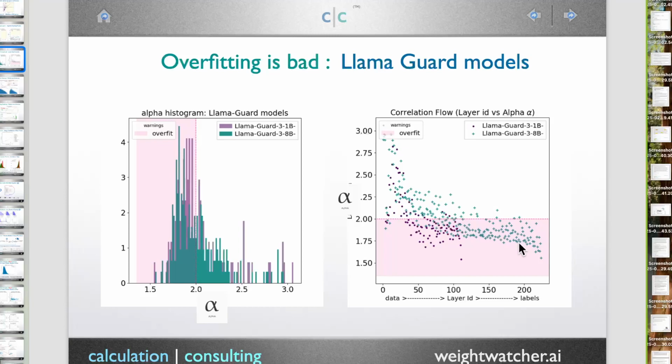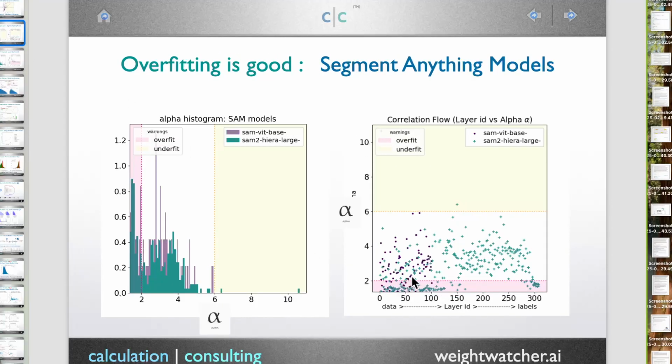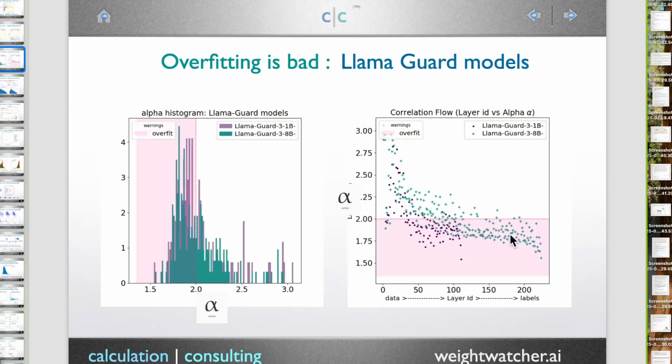And I think what's happening in some of these guard models where you're trying to enforce safety is that you're memorizing basically the training data. You're memorizing specific features about the training data, which makes the model very brittle. And so the point being that typically when we see training, we very frequently see layers that are close to the data, usually maybe just the first 5% of the layers, are overfit. That's a very common thing to see. When you see layers way toward the labels that are overfit, I suspect that these models can be quite brittle.